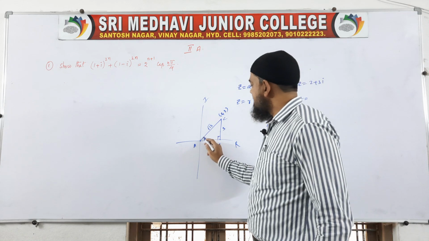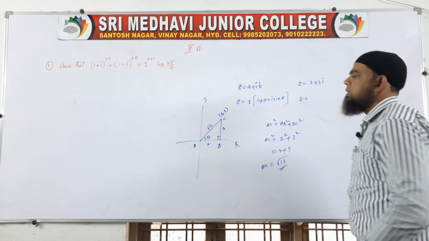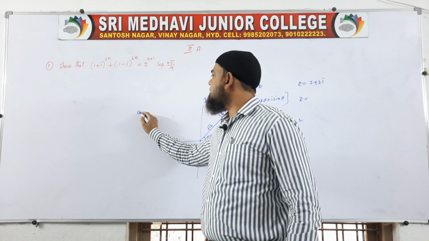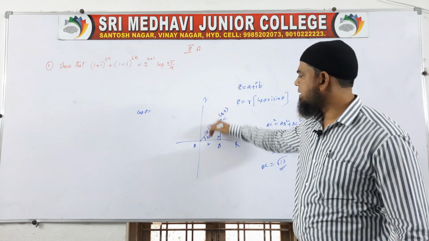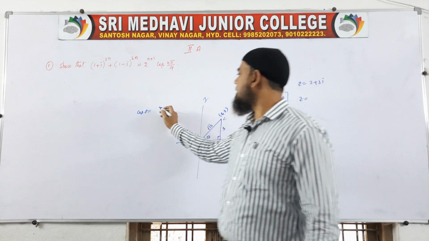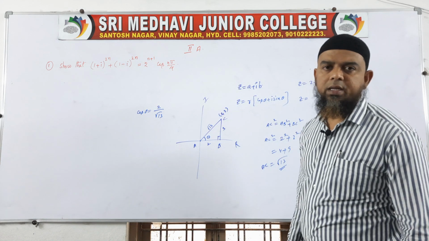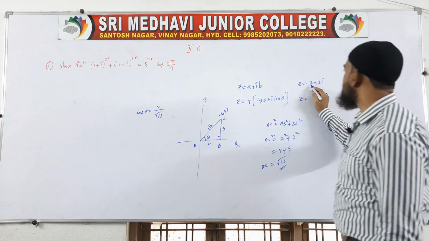Here the angle, we don't know the angle now, so I am taking theta. According to this right angle triangle, now you tell me the formula here. What I have to write? What is cos theta from this diagram? Cos theta means adjacent by hypotenuse, 2 by root 13. Actually, see, 2 comma 3, no, it is 2 plus 3i.